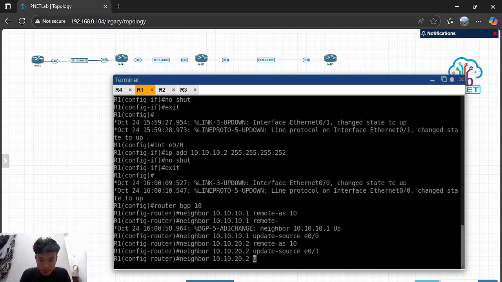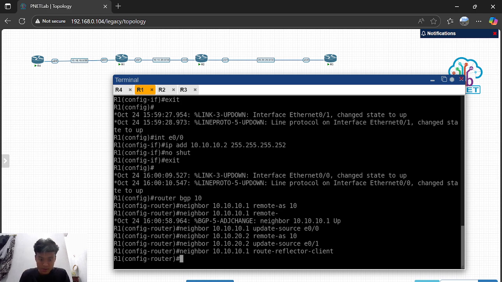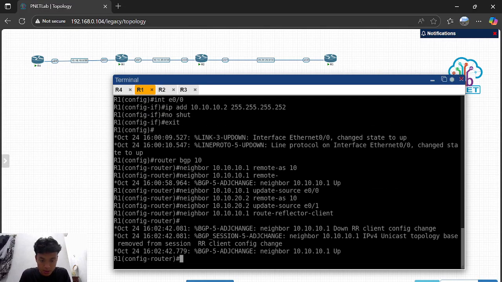Neighbor, route reflector client, and then you can add the second route reflector client, and then you can enter.